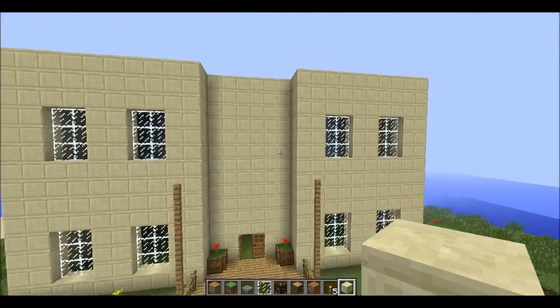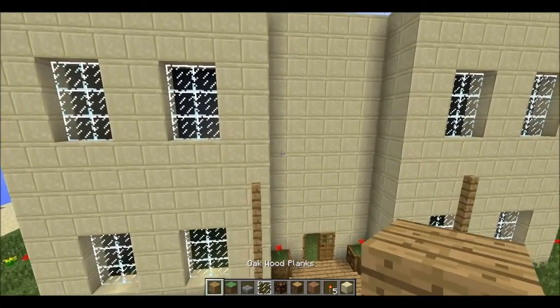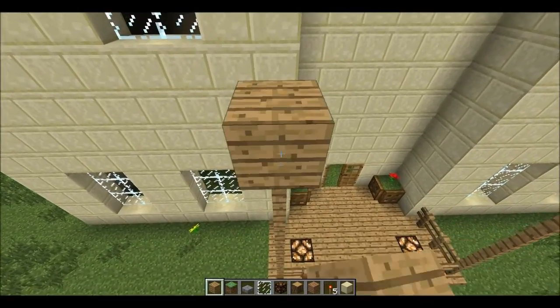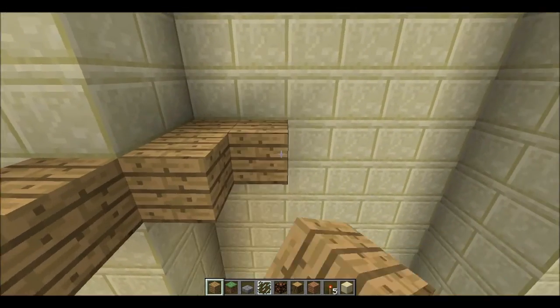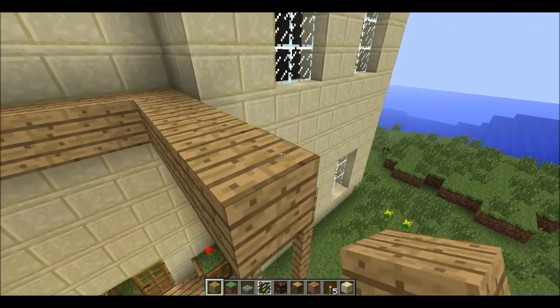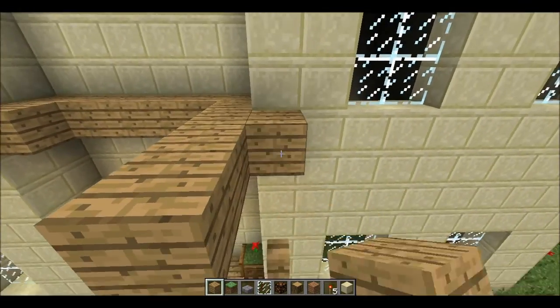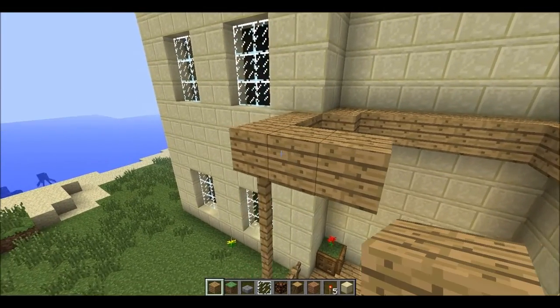Anyway, so this is not the end of the front of our house, don't worry. The next thing that I'm building, you guys are probably going to get mad that I'm doing this, but I'm using regular wood blocks because what the hell happened? Oh, okay. When you think about it, if I were to use